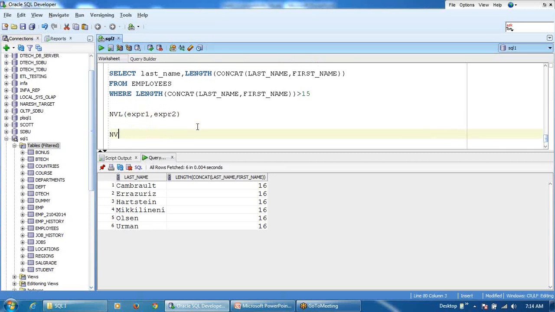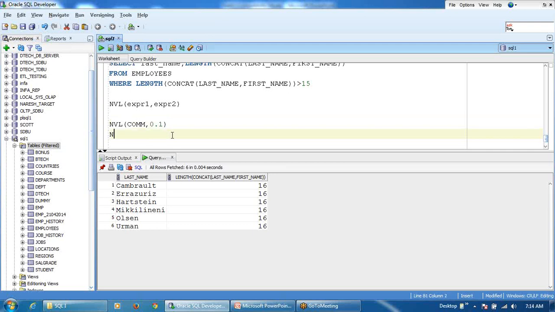Let's say I have a commission percentage column. Whenever the commission percentage column is null, I want to replace it with a default commission of 0.1. It will replace it, else it will give the commission. The data type of this column and the data type of the default value you are providing should always match. So suppose, if the job ID is not null,